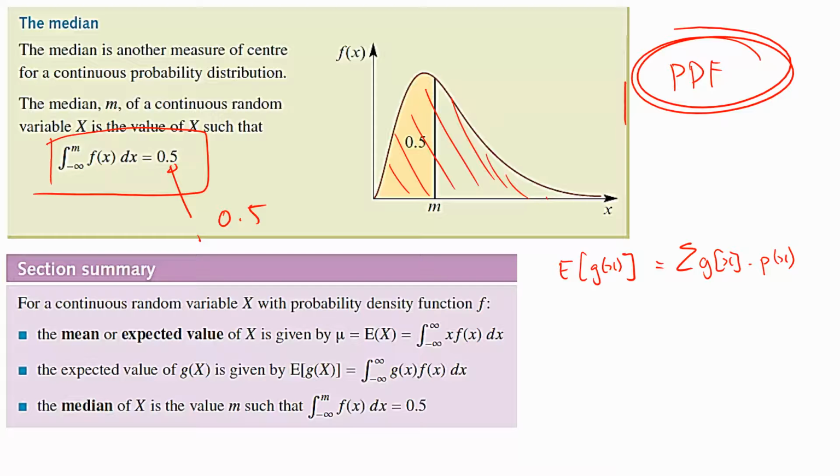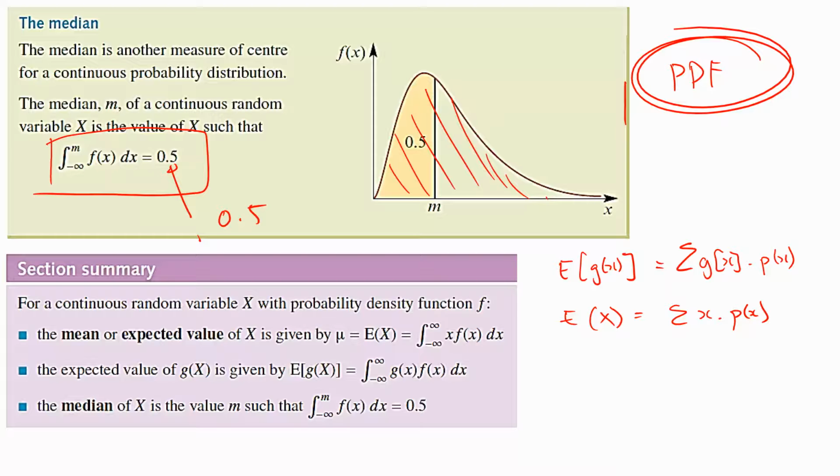Same thing with that one. E of x is equal to the sum of x times the probability of x. Well, it's the same thing. X times the probability is the area under the curve. How do you find the area under the curve? Integration of the curve between a and b. Just times by x. That's exactly the same thing. Chapter 13, chapter 15. Yeah?